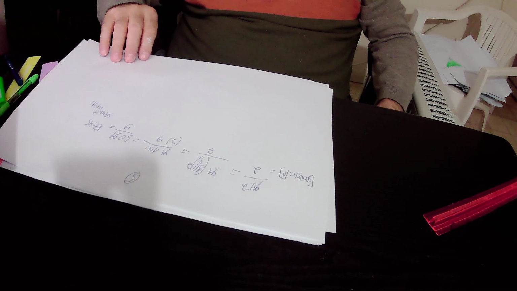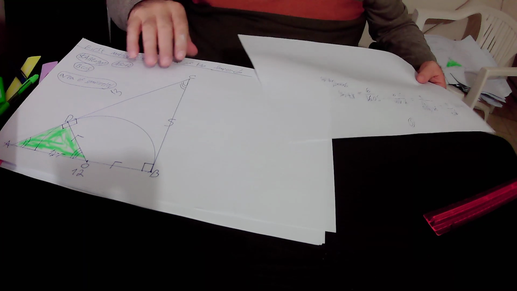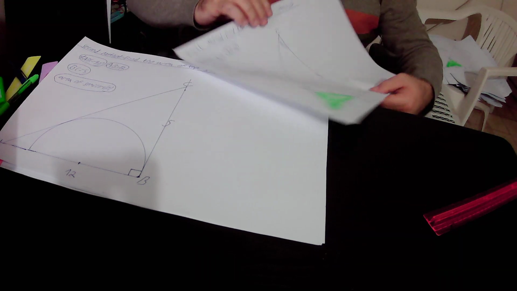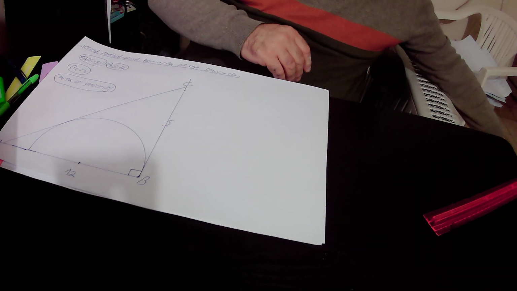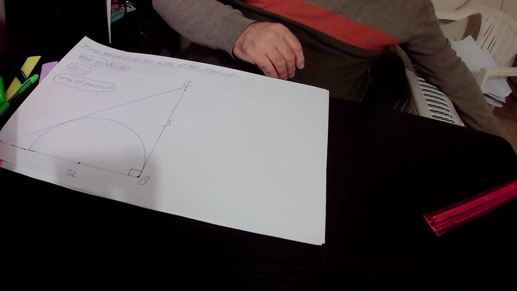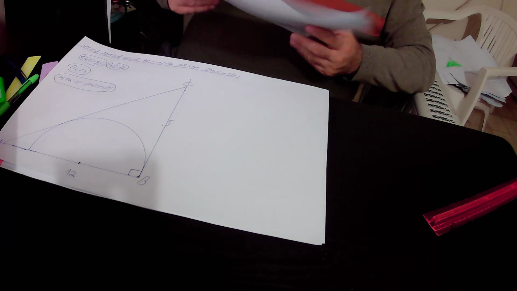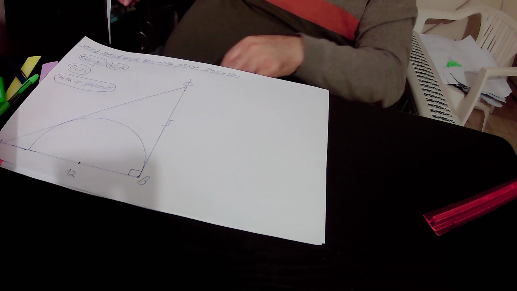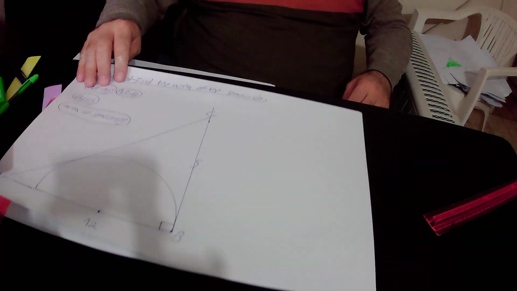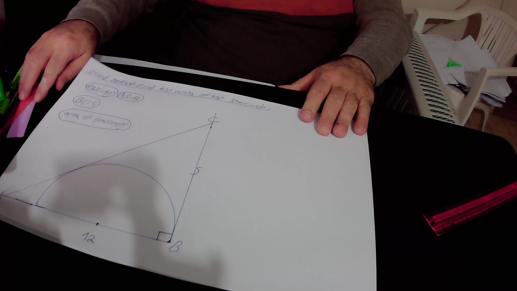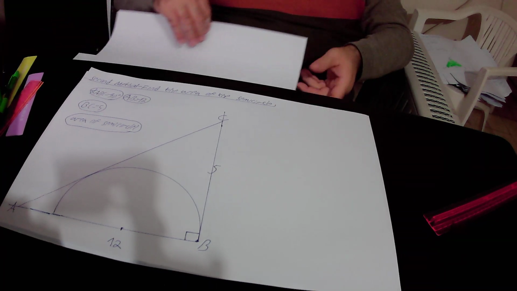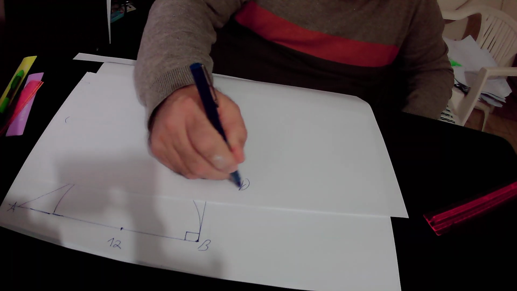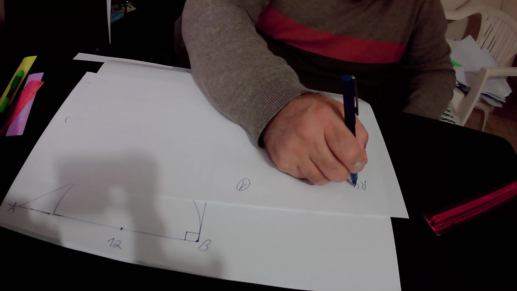In the next step I will present to you how to find the area of this semicircle according to the second method. In the second method, I will present to you a new rule, and we'll implement the rule in our drawing. The new rule is actually rule number 2, or the two tangents theorem. Rule number 2 states that